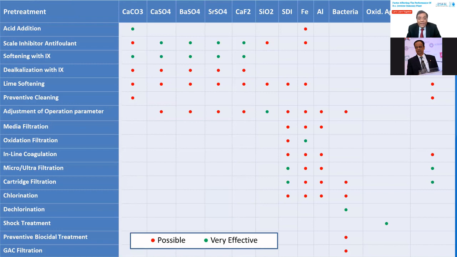If calcium carbonate is in excessive concentration, you can use acid addition, scale inhibitors. You can see all these options available for pre-treatment, and every option is not effective for all contaminations. You have to select which pre-treatment to use for the smooth operation